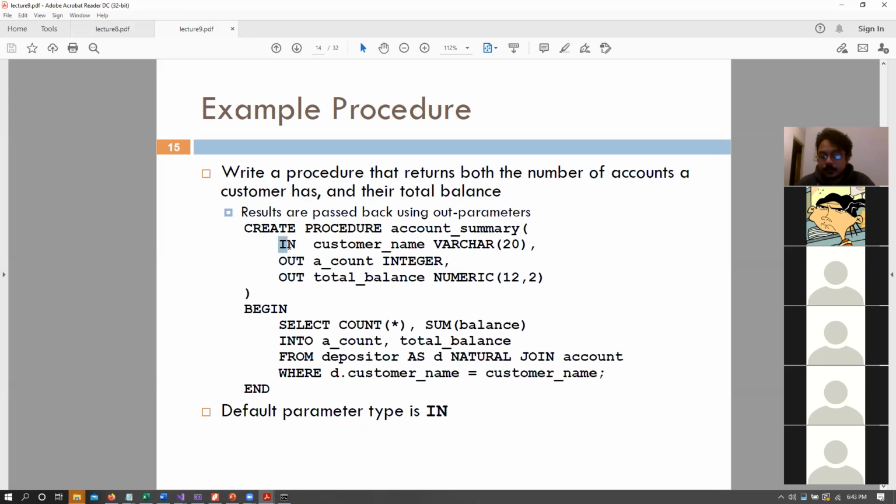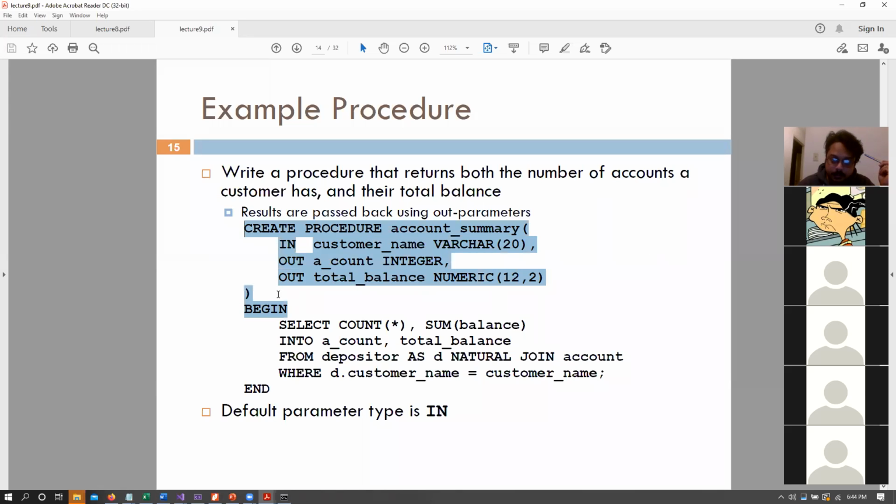We can have the keyword in to specify that this is an input parameter, out to specify that this is an output parameter, or we can also have in out, that is, parameters that can both be read from and written to, right?